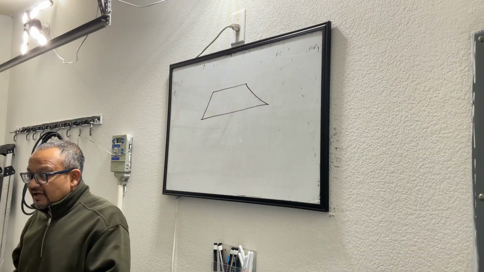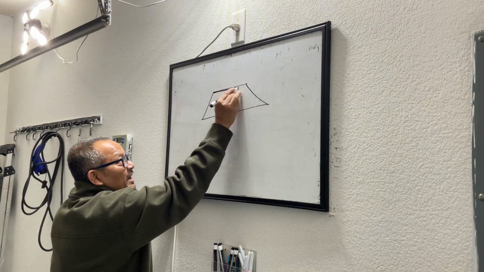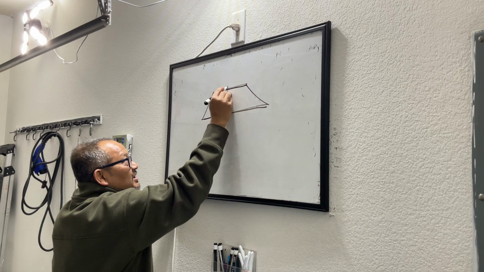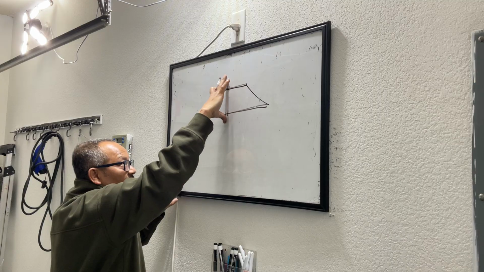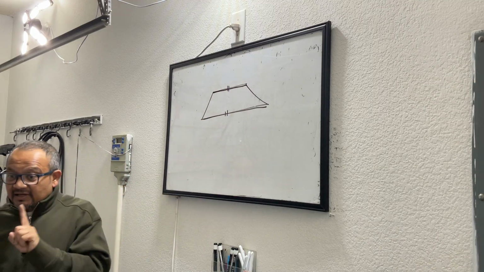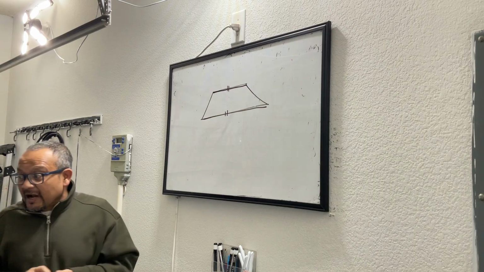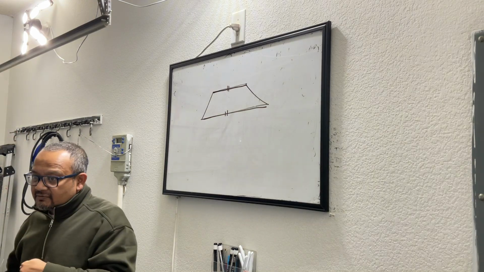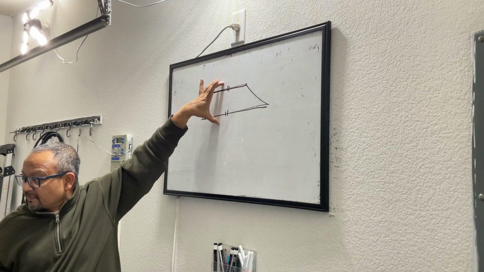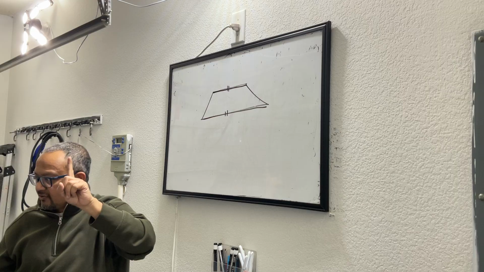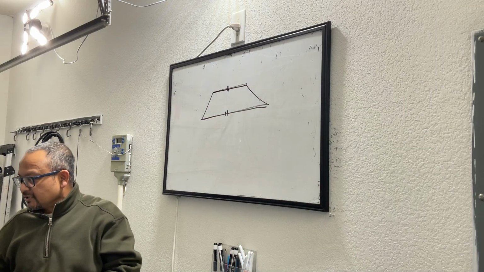But the only property that you would want to know is that there is only one pair of lines that is parallel. So this side and this side are parallel, but they are not of the same length. Remember this. In a parallelogram, we said opposite sides are parallel and equal. Here we are saying there is only one pair of lines that are parallel, but they are not equal. We'll make that statement.